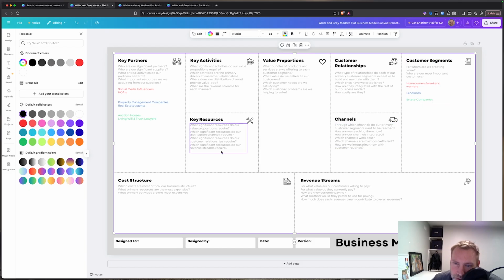Key resources, is there any particular asset or something like that that we would need to have in order to serve any of these segments? And then cost structure, revenue streams. We're just going to answer all of these, and this might take an hour or two to build out, but then we're going to have all of this filled out in different colors for each of these customer segments, and